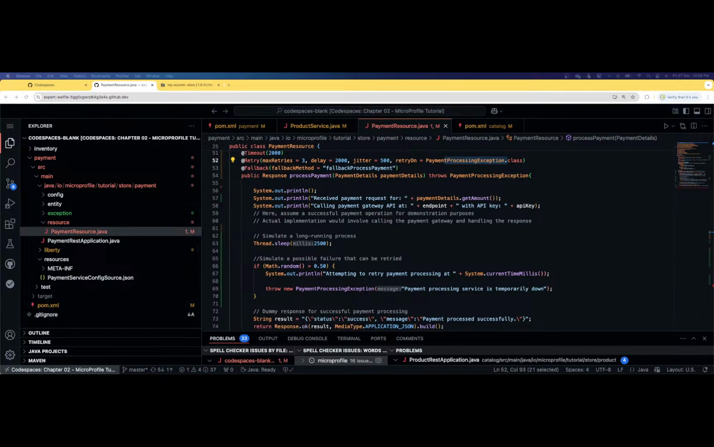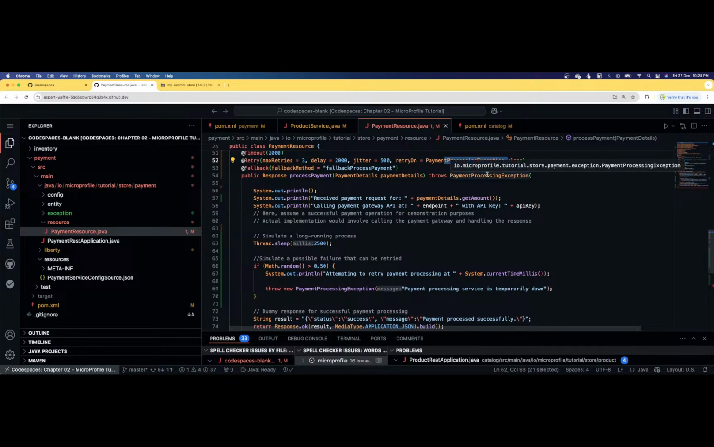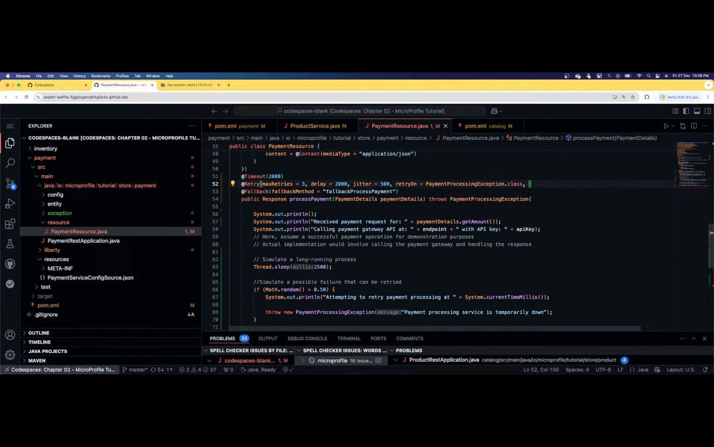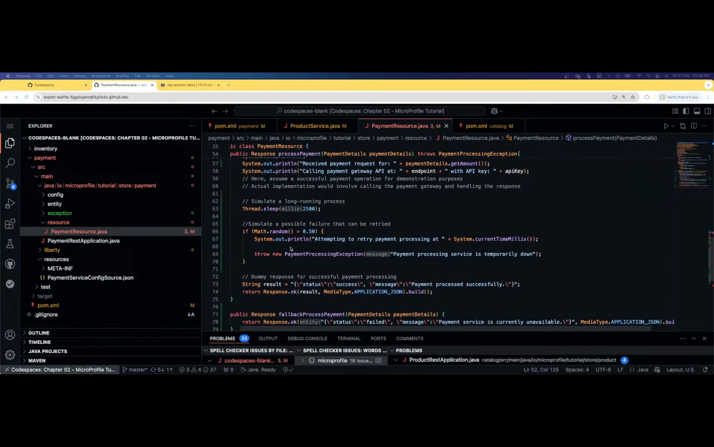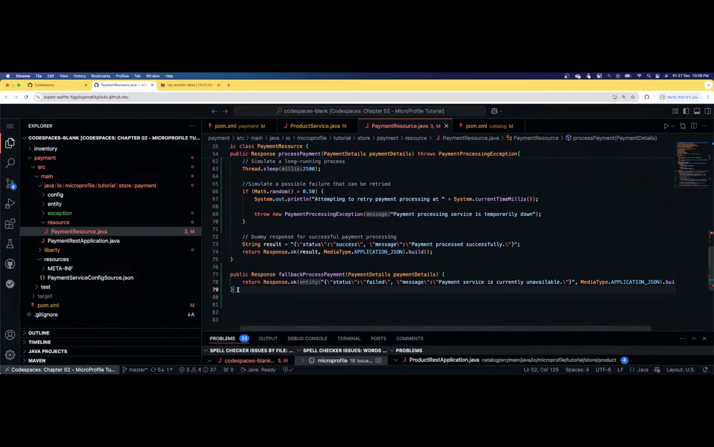And we should also ensure that retries are done only for recoverable errors. So for example, here this error, let's say, is a recoverable error. Then we may have a retry on this, but we may want to abort also on some exceptions, say a critical payment exception or something which is outside our control, right? So here we may define